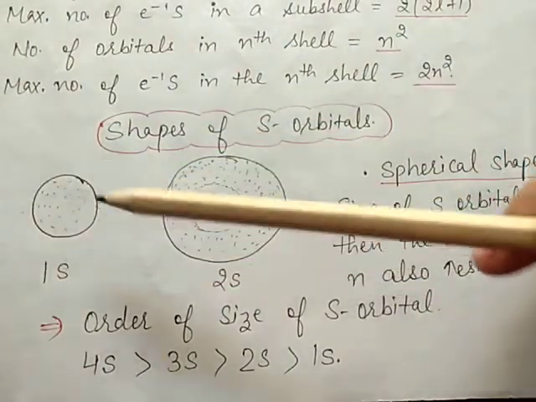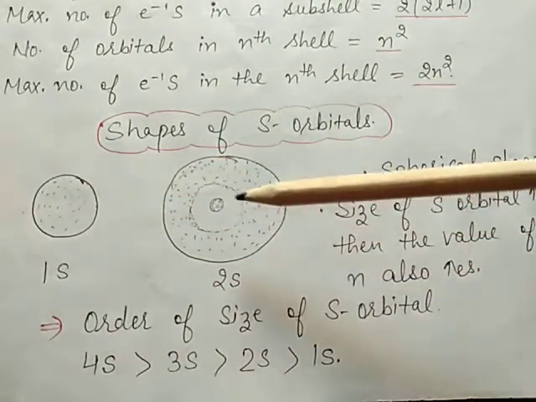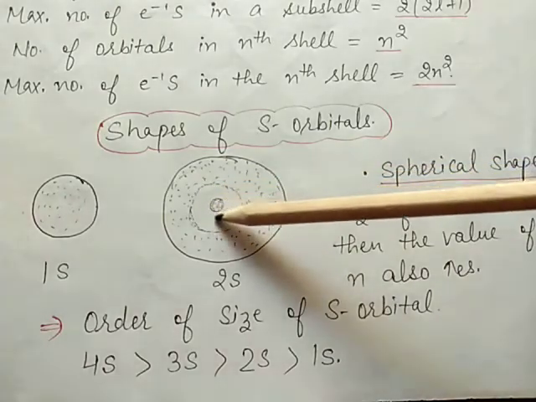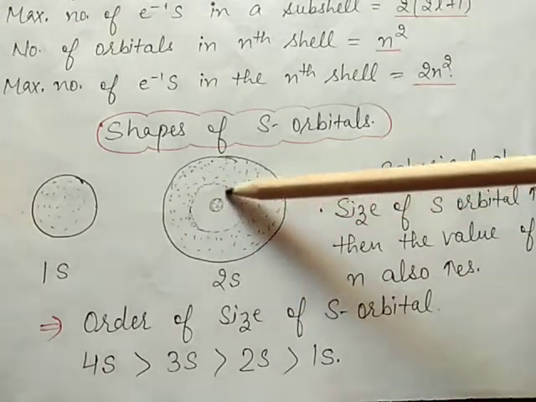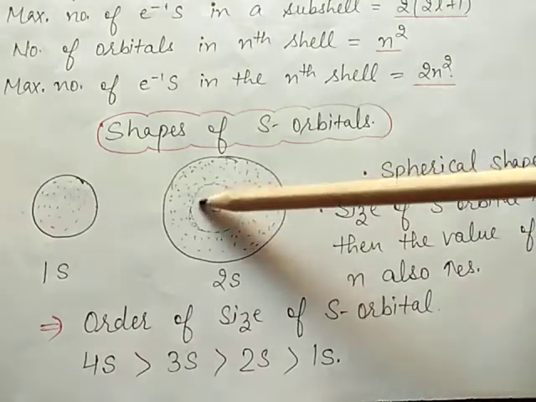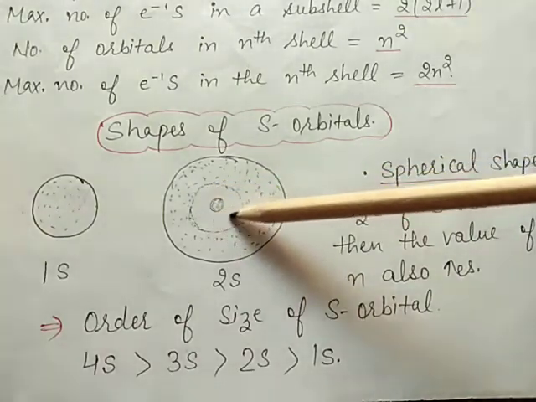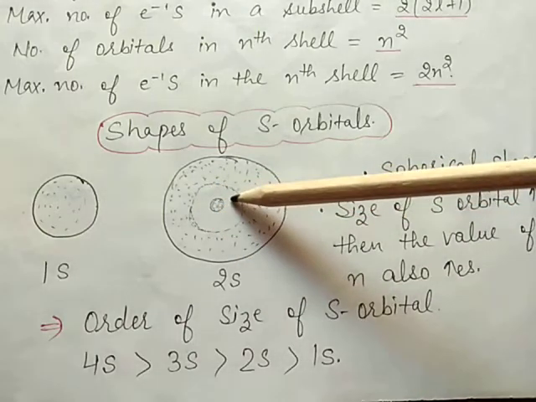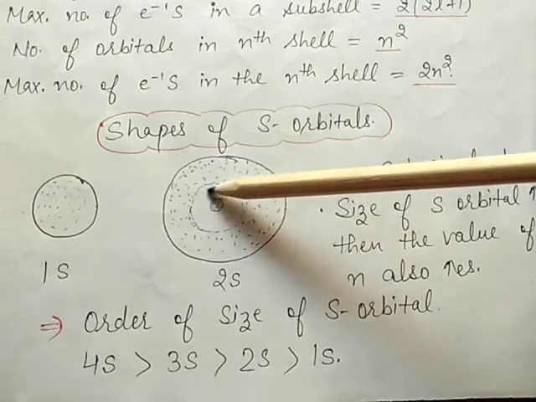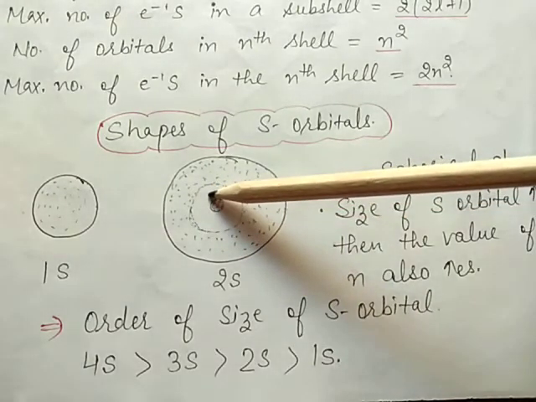In 1s orbital this is spherical in shape, but in 2s there is some portion left. Here one node is present. Node means the probability of finding the electrons is 0. This region is called a node,